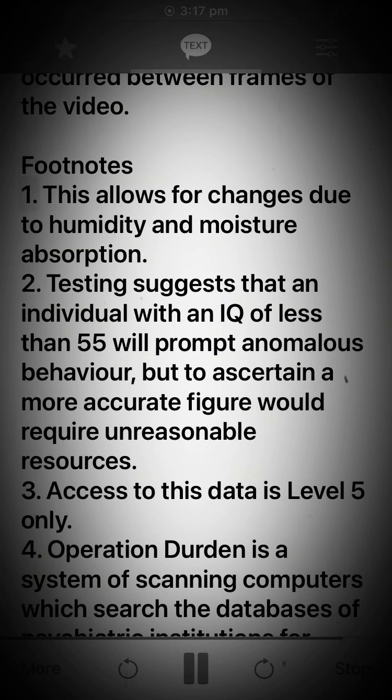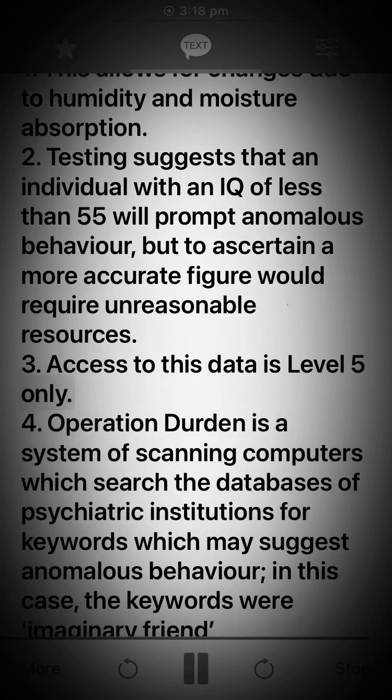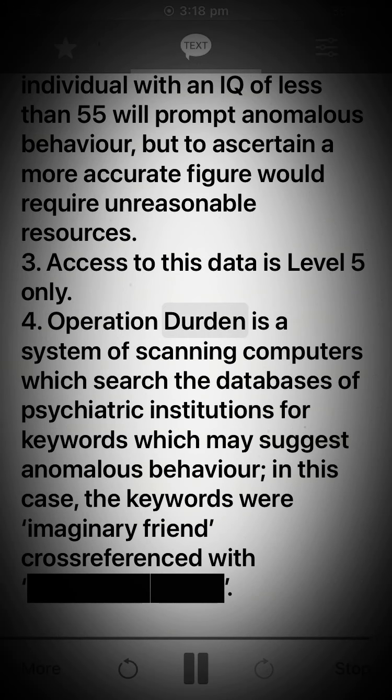Footnotes. 1. This allows for changes due to humidity and moisture absorption. 2. Testing suggests that an individual with an IQ of less than 55 will prompt anomalous behavior, but to ascertain a more accurate figure would require unreasonable resources. 3. Access to this data is level 5 only. 4. Operation Durden is a system of scanning computers which search the databases of psychiatric institutions for keywords which may suggest anomalous behavior. In this case, the keywords were imaginary friend cross-referenced with